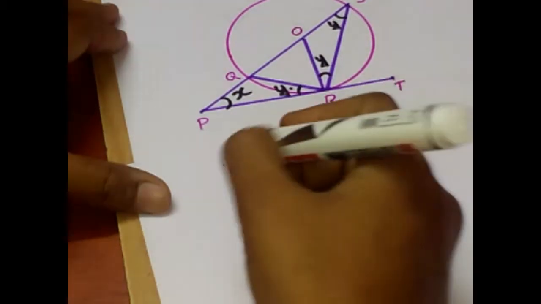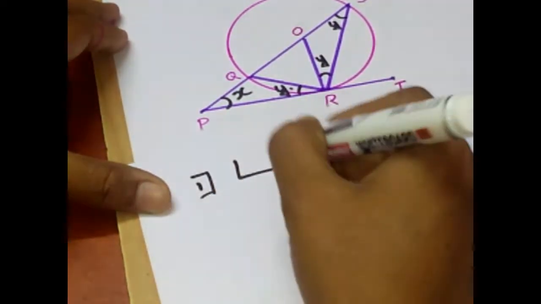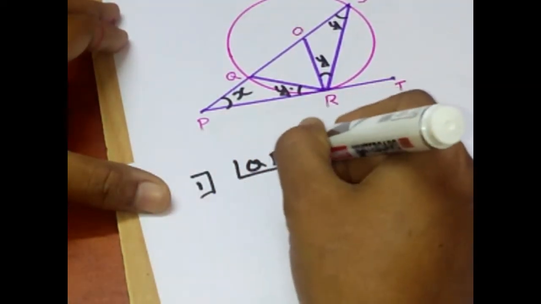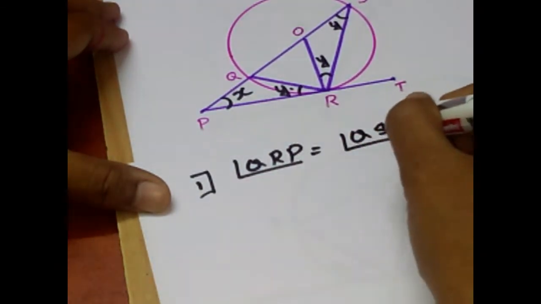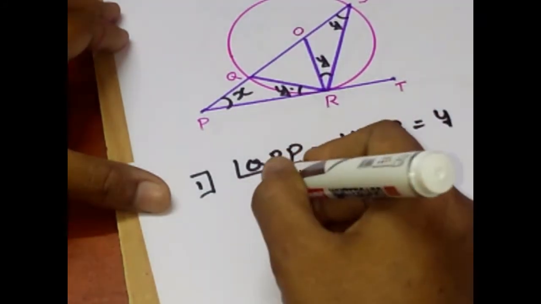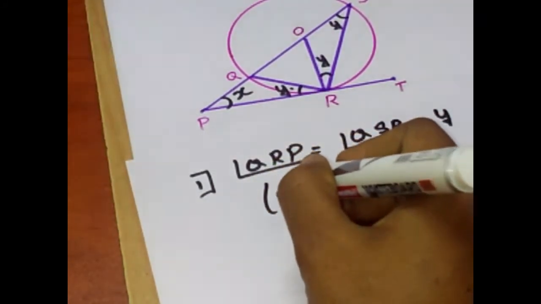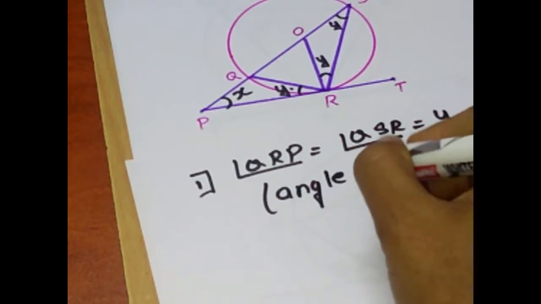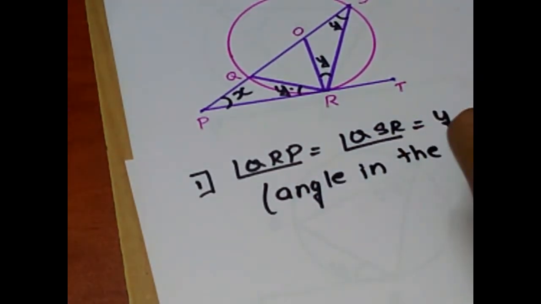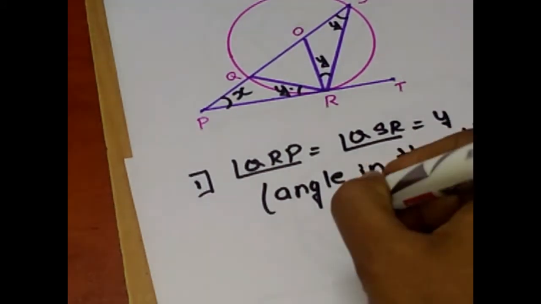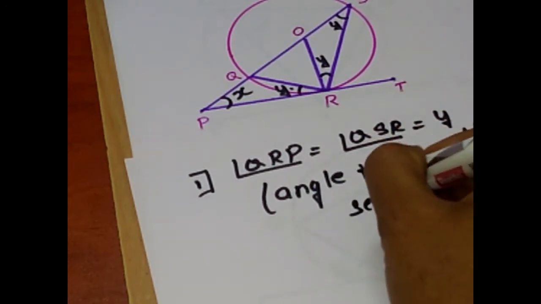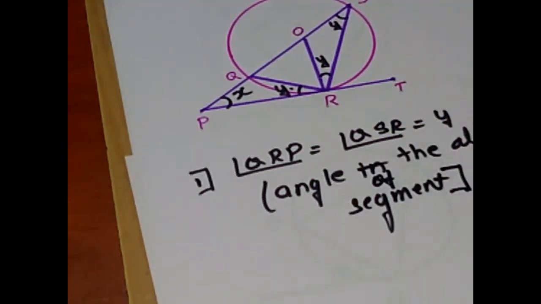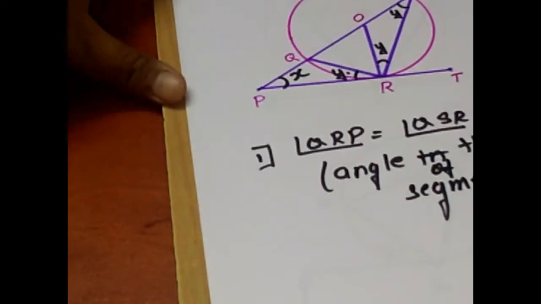First point, angle QRP is equal to angle QSR is equal to Y. Reason is angle in the alternate segment, or you can write angle of the alternate segment. That is first point. Now second point,